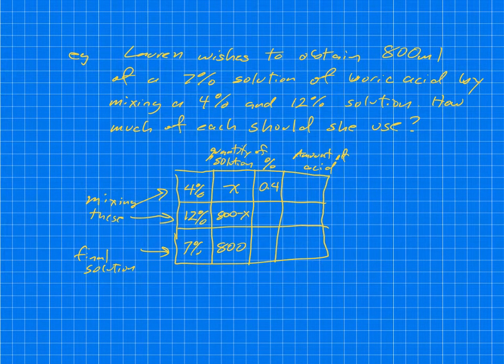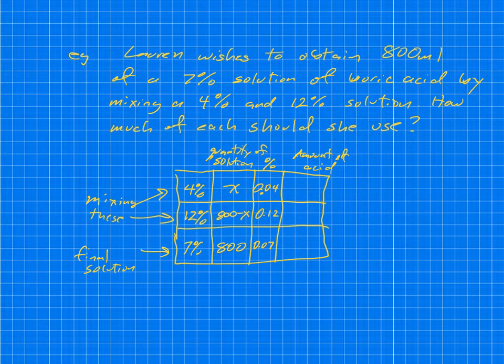here, and 0.12 here, and 0.07 here. Wouldn't it be 0.04? You're absolutely right. Thank you. 0.04. And so what we can do is we get an expression for the amount of acid